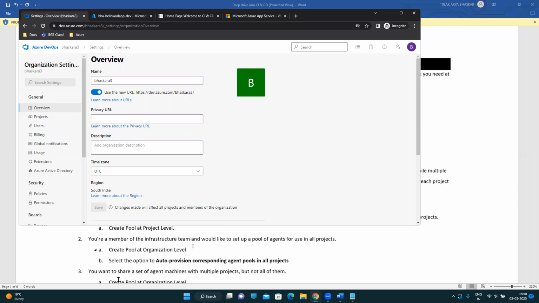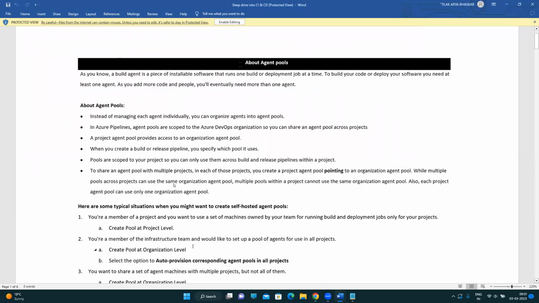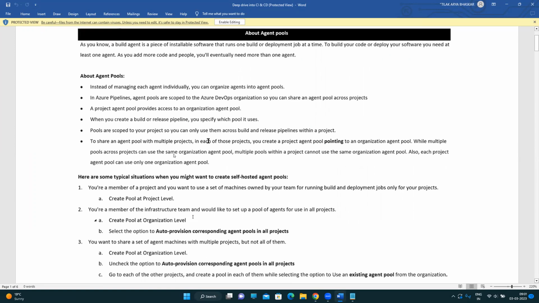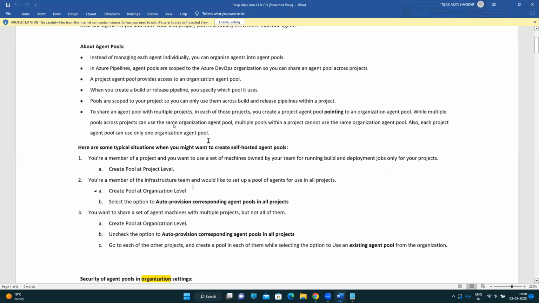Any doubt in this? So what is an agent? We talked about this actually. A build agent is a piece of installable software that runs one build or deployment job at a time. So whatever tasks we are executing will be executed on the agent, right? And when do you want? We talked about two, right? One is self-hosted agents, another one is Microsoft hosted agents. So generally, we want to focus more on the